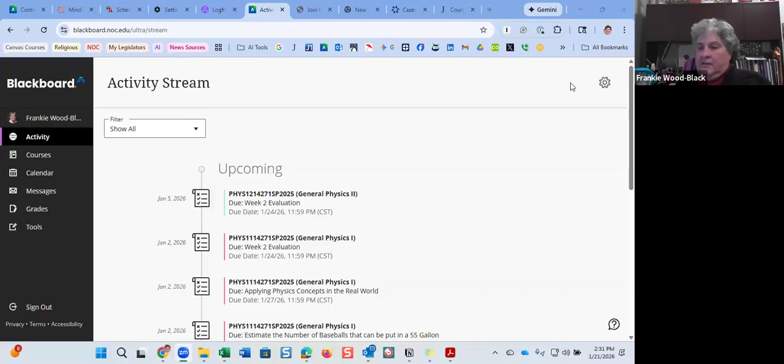So that is one of the things that we do. So how we run a Zoom lab. First thing is, for this lab for Physics 1, we do use an IO lab that you can get from